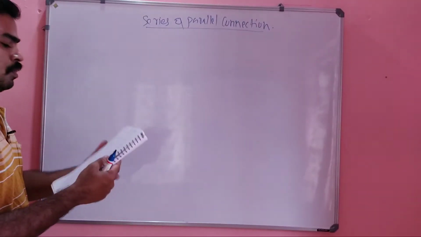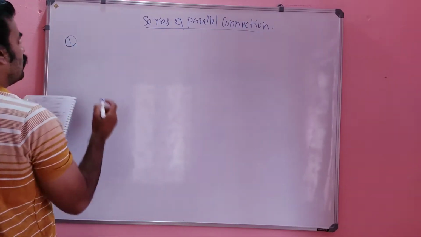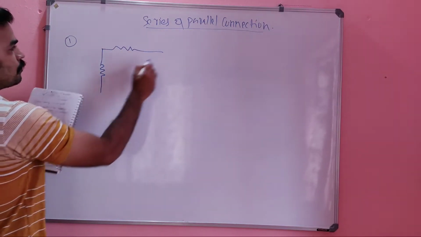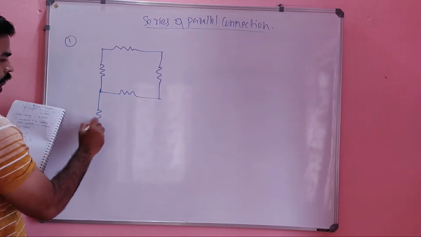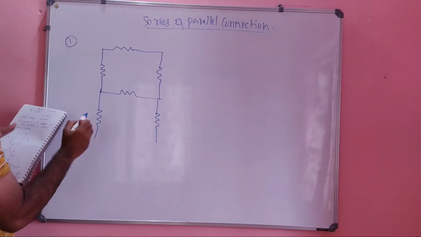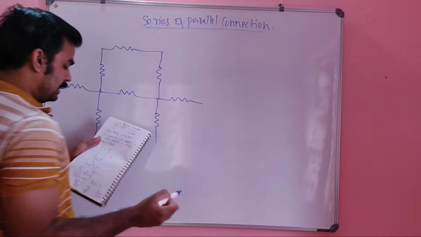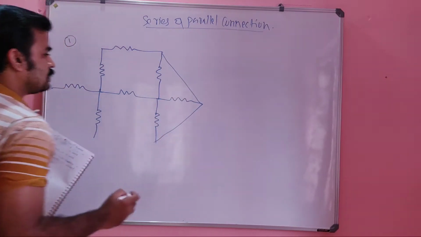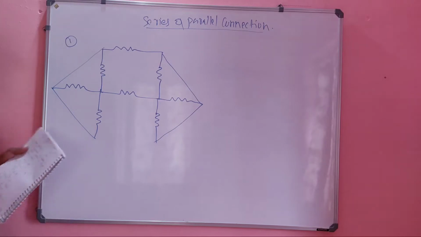So first problem, you may write Problem number 1. These are very, very important problems, because simple series and parallel connections we can solve, but complicated circuits, that means confusion-generating circuits, will be very difficult. Only by using certain tricks can you solve those problems. So it is one among them. So let's see.